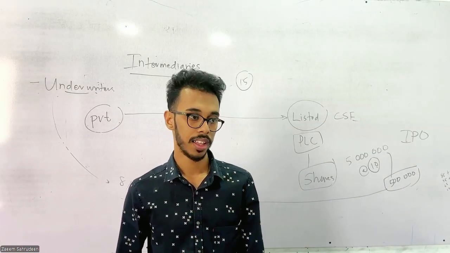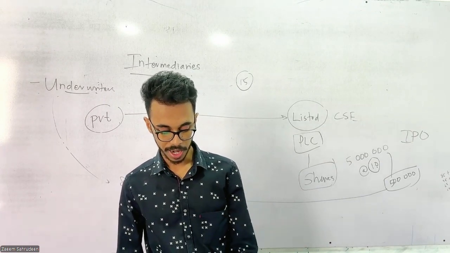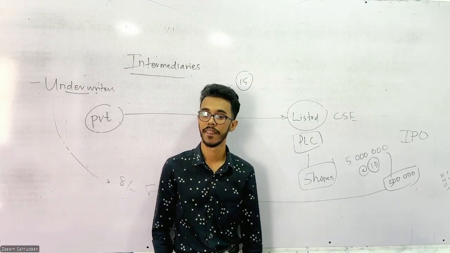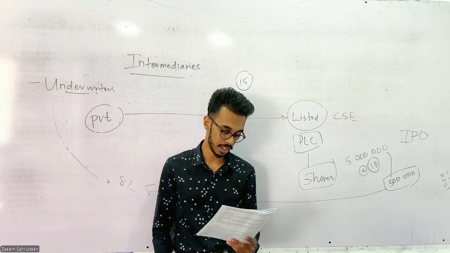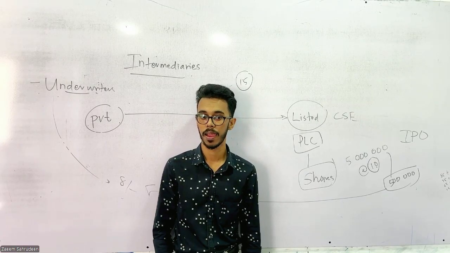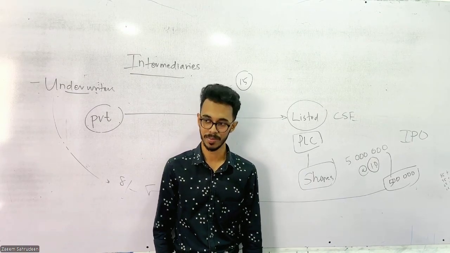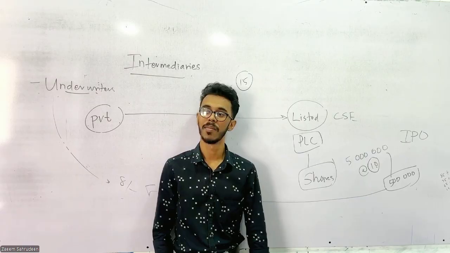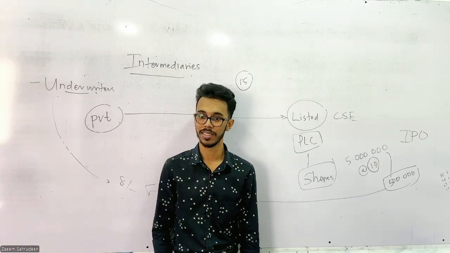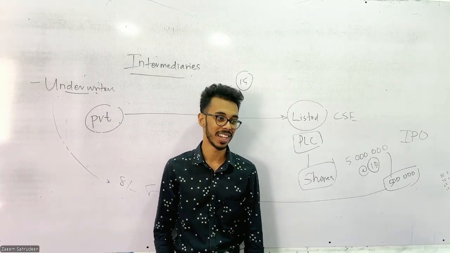Then we'll go to the next question: briefly explain how financial institutions contribute to the development of business. One is obviously providing loans. Through providing loans, businesses are capable of purchasing assets, raw materials for their business, services, etc.